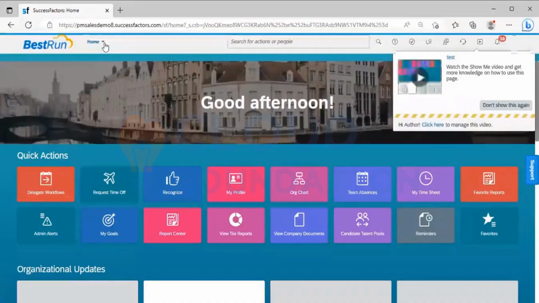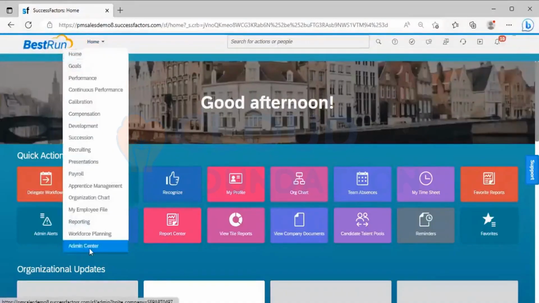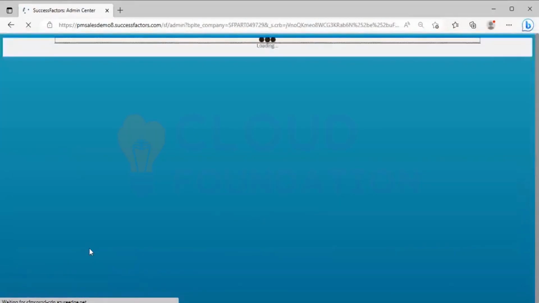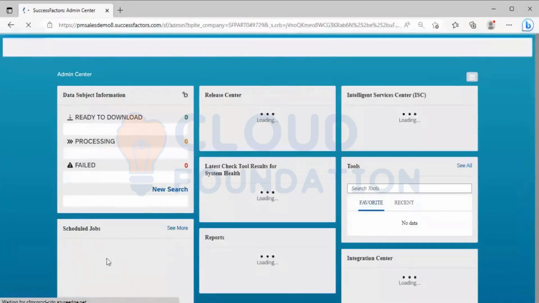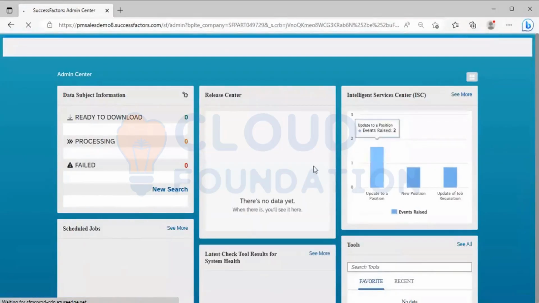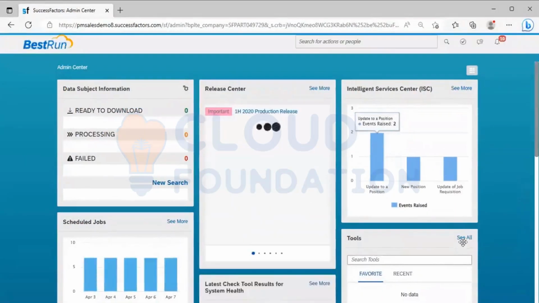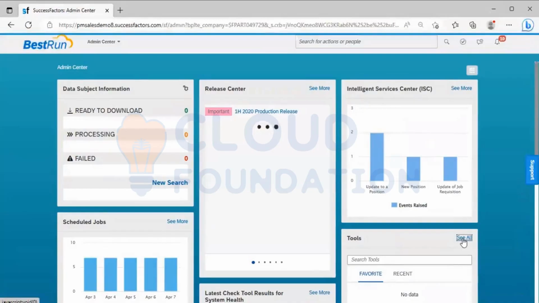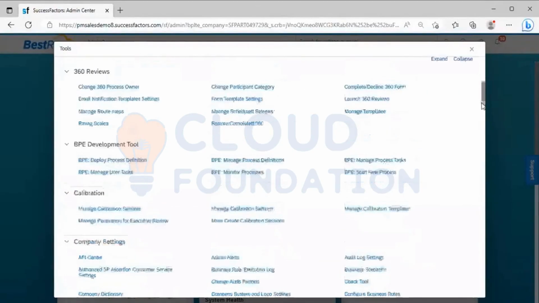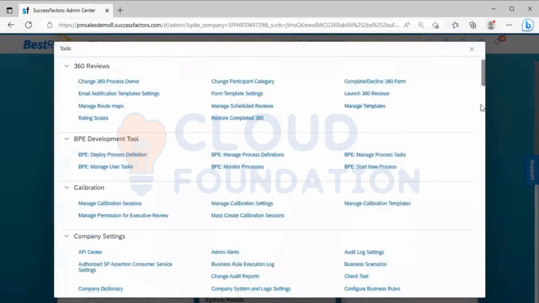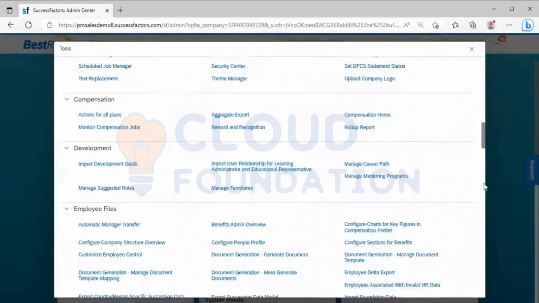Now again, I will go to the admin center, and again I will go to the tools here, and I will scroll down.